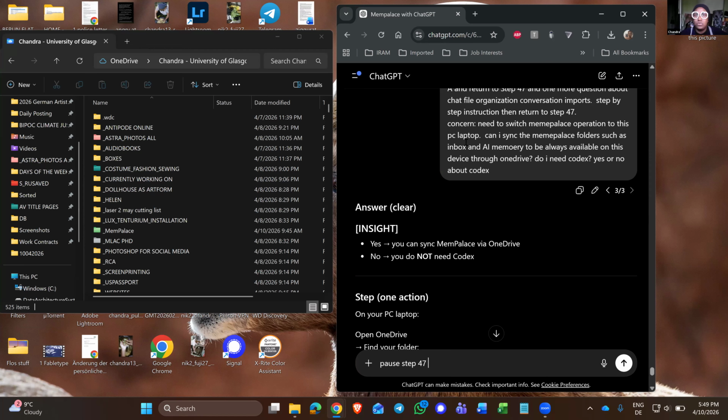You create a folder, you open the folder in the terminal, and then you start copying code into it. And that connects the memories that you put in this folder in this palace to your online chat. So I was having laggy troubles, and what I found when I came over to this PC was